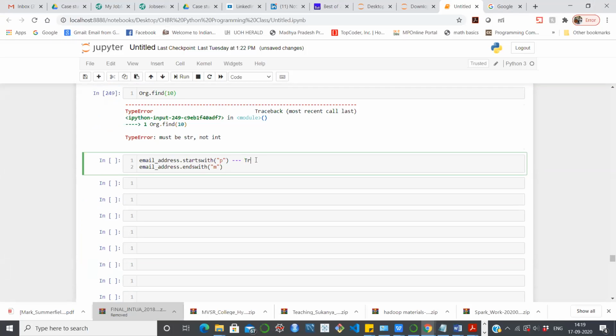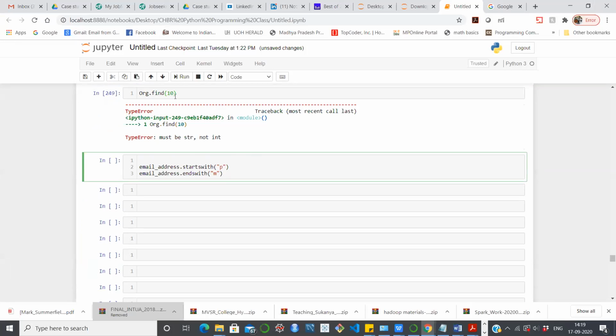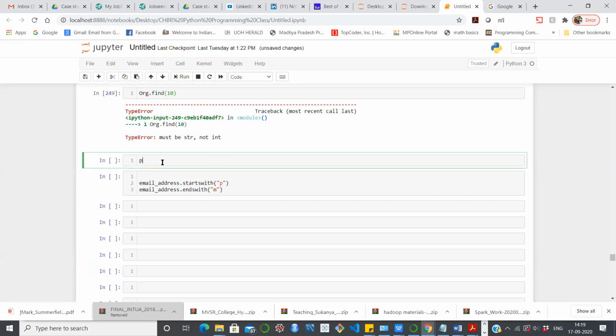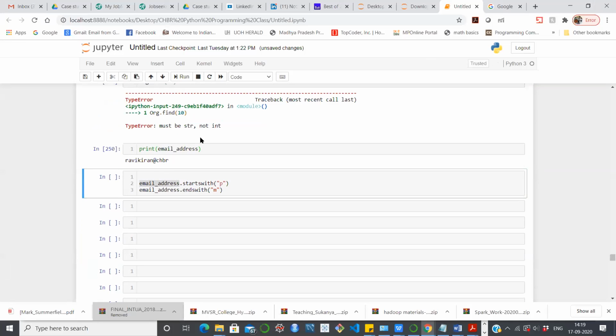Let me see if I can work it out here. Let me first print the email address. What values do we have in the email address? Oh, so we have Ravi Kiran.